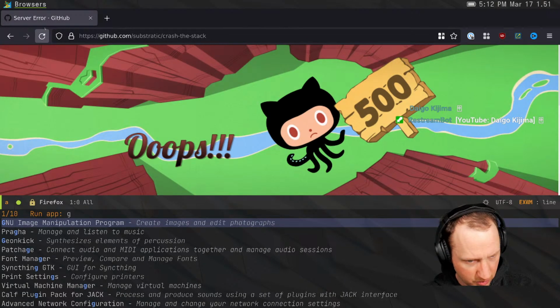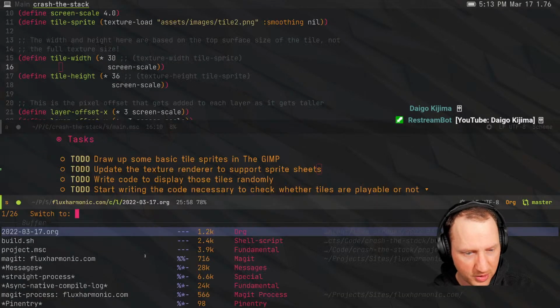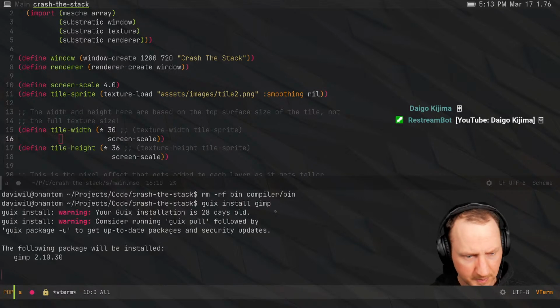I hope... Oh, do I not have it installed? Well, that shows how prepared I am today. All right, let's go into vterm, and we'll just install it into the main profile. Come on, eeks install GIMP. I think it should be good enough. Hopefully it doesn't take long. While that's installing,